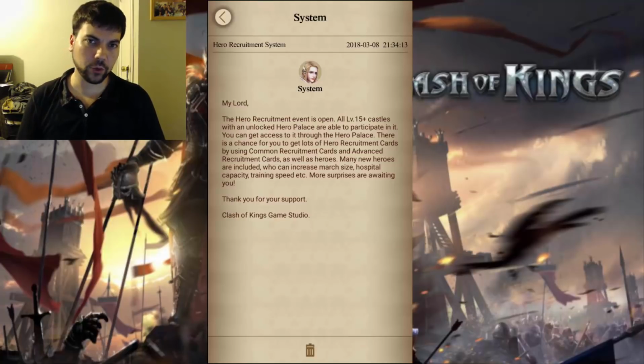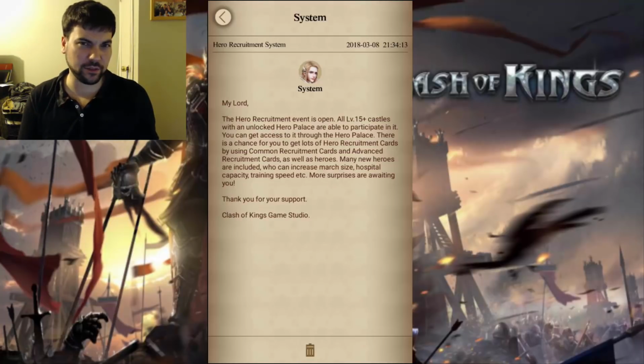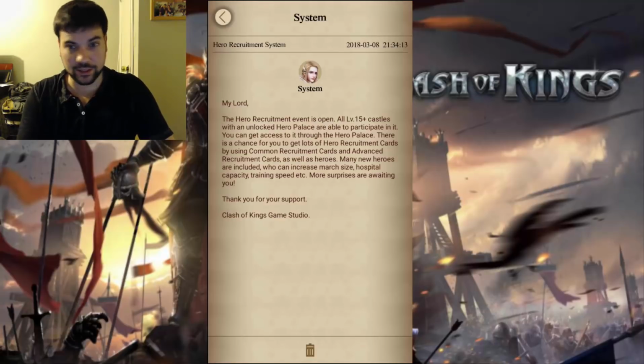Hey guys, I'm Willbender, and today I'll be going over a brand new feature that just started hitting the servers live about yesterday on some of the kingdoms, and it's starting to come out a little bit more today. And of course I'm talking about the new hero recruitment system and the new heroes that have come out along with it. So if it's gone live on your server, you probably received a system message that says this: